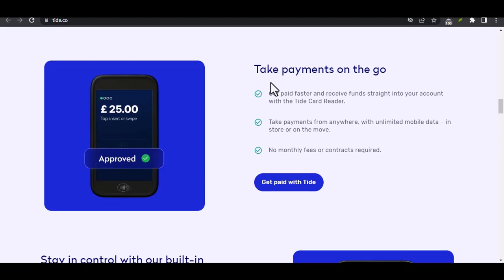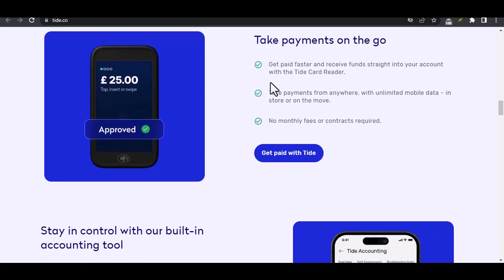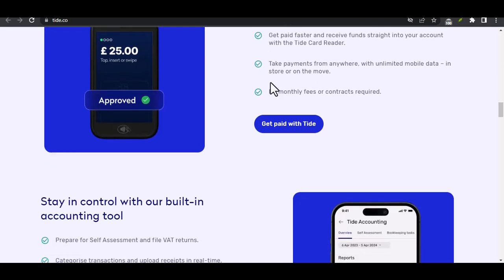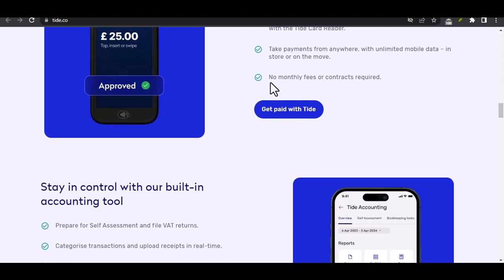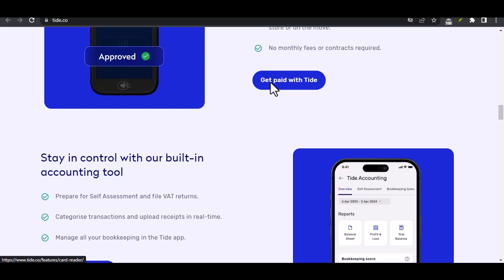Activating your Tide card is a simple process that can be completed in just a few minutes. With Tide, you can enjoy convenient and affordable banking. Have you activated your Tide card yet? If not, what are you waiting for? Download the app today and start experiencing the